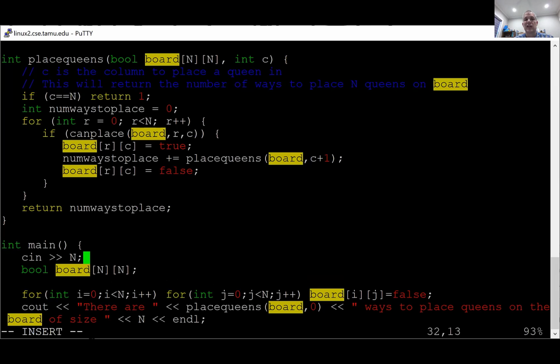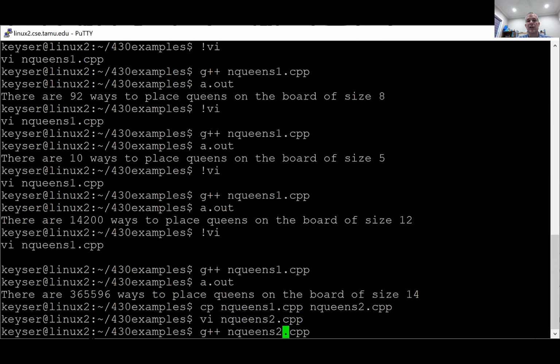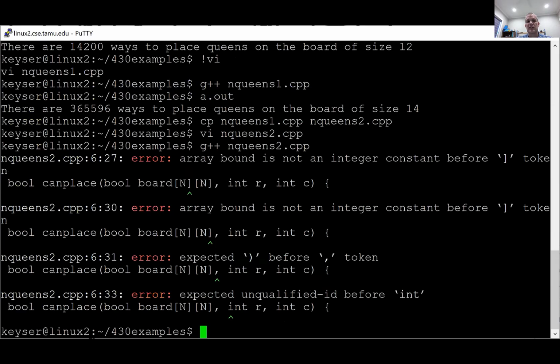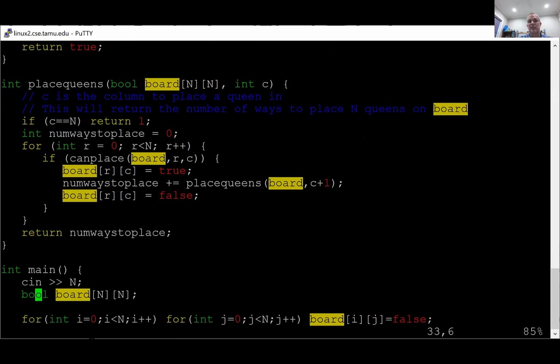Now, it's not going to be okay to do this. This should not compile, because I don't think functions can bring in something. Let's just try it out and make sure I'm not lying to you. The problem is that the function headers are expecting something n by n, and you don't know what n is at the time. So it's not going to be able to do that in the function headers. So one way of getting around this is, instead of having a hard-coded array like this of Booleans,